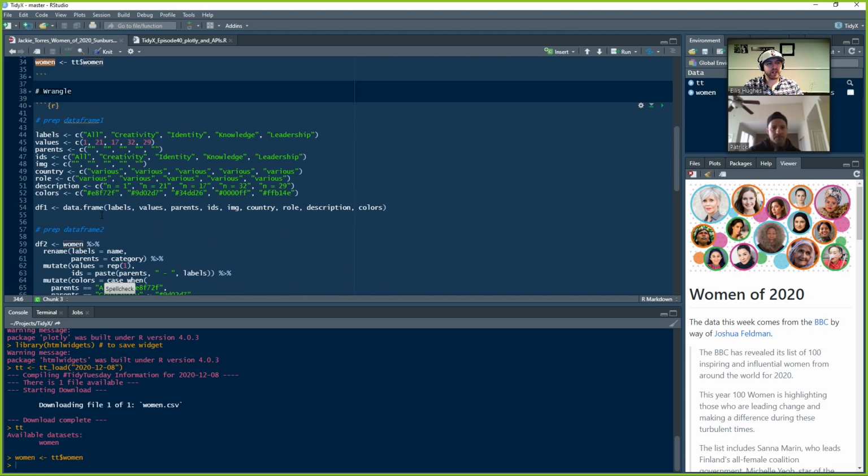And now she starts doing all her wrangling. Here she's got several different vectors that she's creating, and this is the data frame, which she's calling df1 in this situation. She's prepping the high-level view of the sunburst that you get to see. She's got the labels: all, creativity, identity, knowledge, and leadership; the number of people that fell into those categories; what the parent of that label would be, and because this is the highest level, it doesn't have any parents; and the IDs,